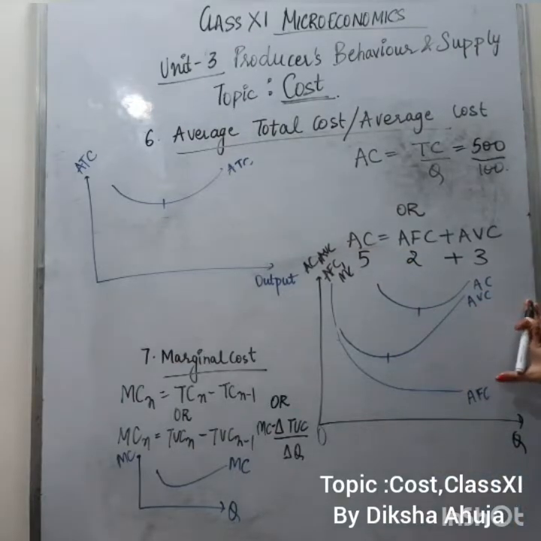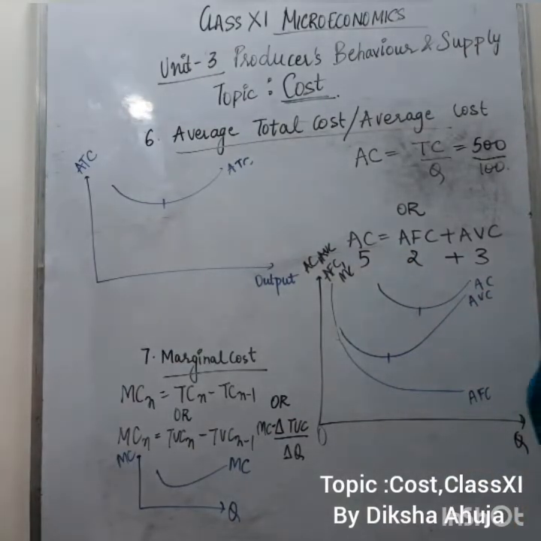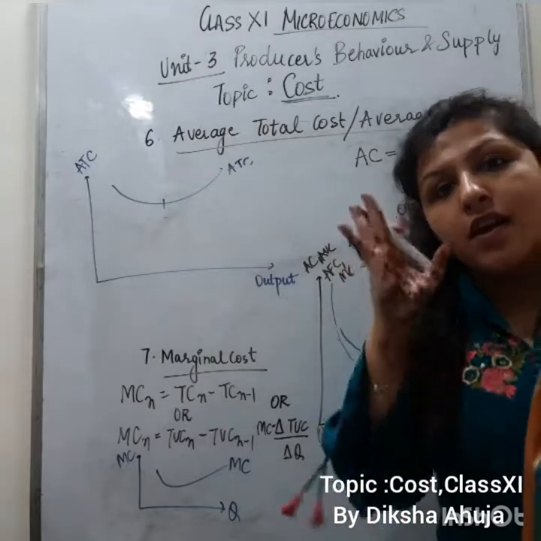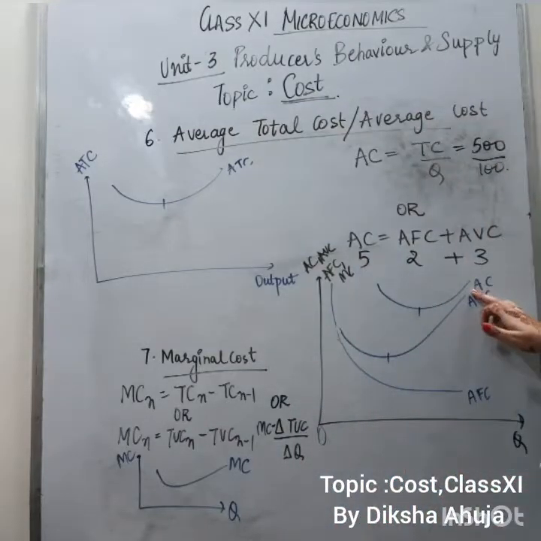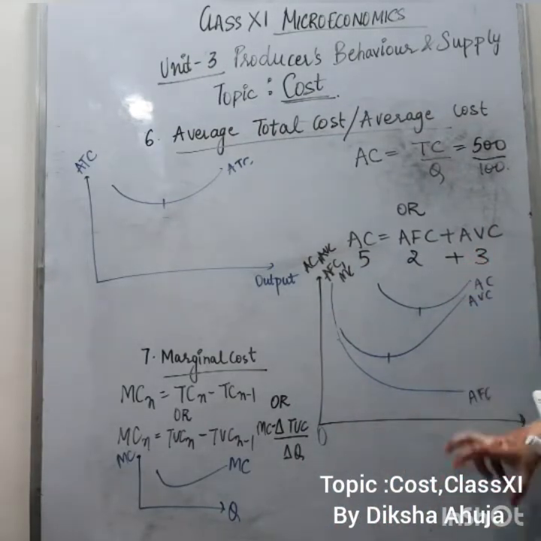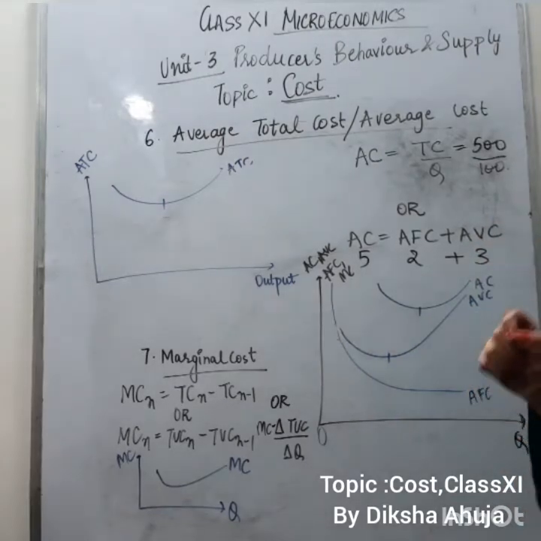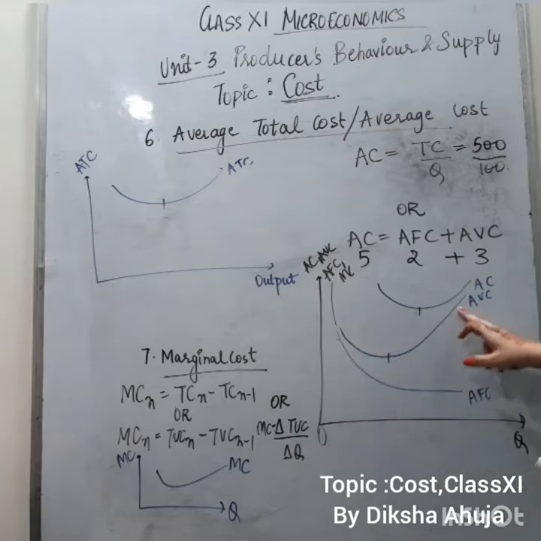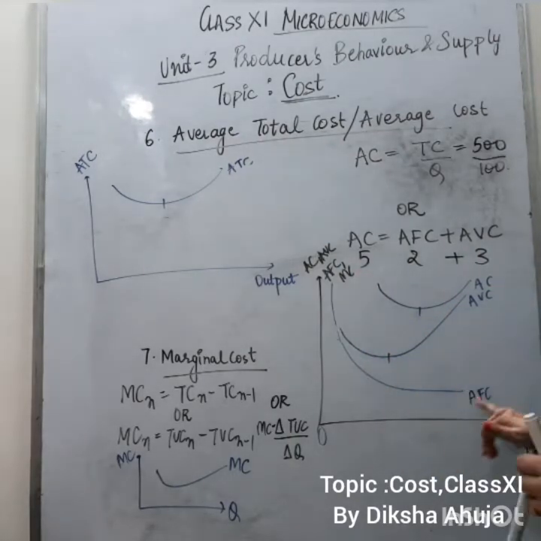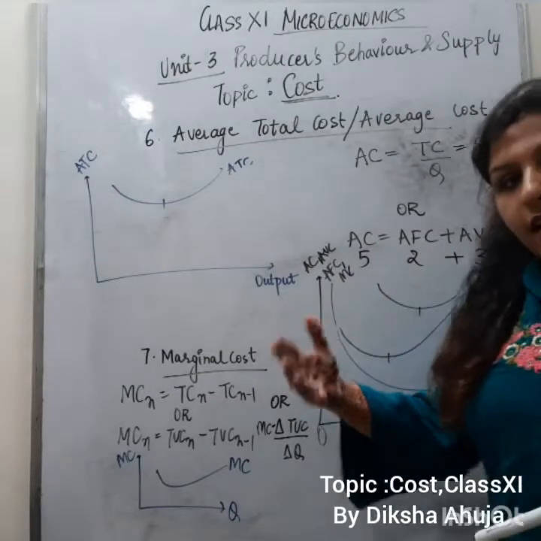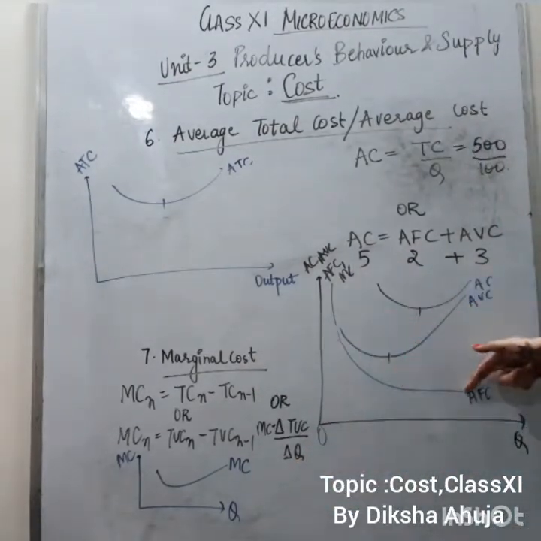I have made a beautiful diagram. You can have a look. This is showing the relationship between the four costs. Firstly, average cost, because average cost is the largest, that's why it is above, right? And after that, AVC. We just studied that AVC is U-shaped, right? It is below AC because AC is bigger than AVC. And what is the shape of AFC? We have studied that AFC is a rectangular hyperbola, right?